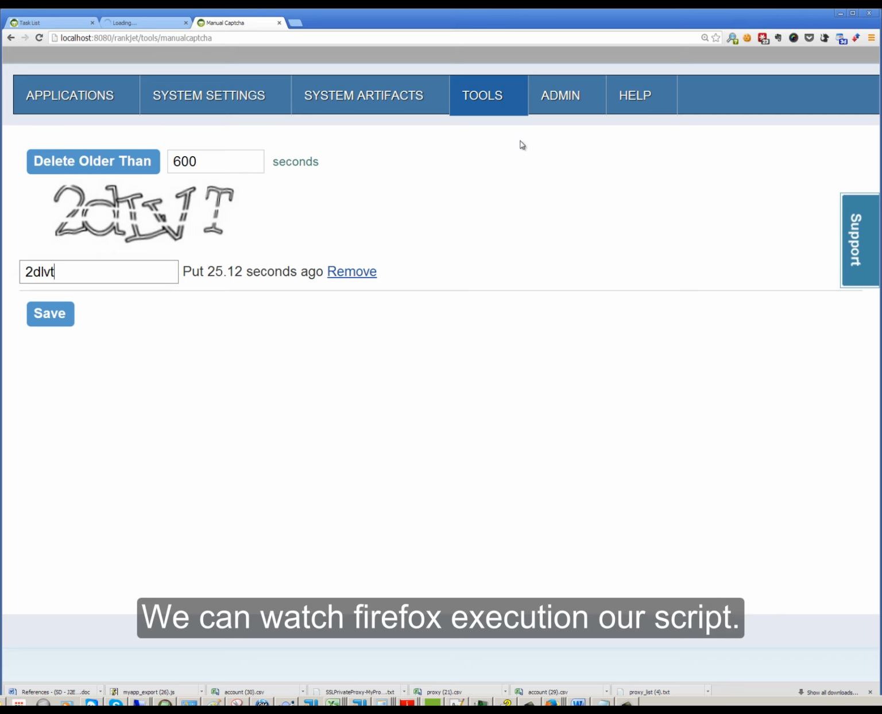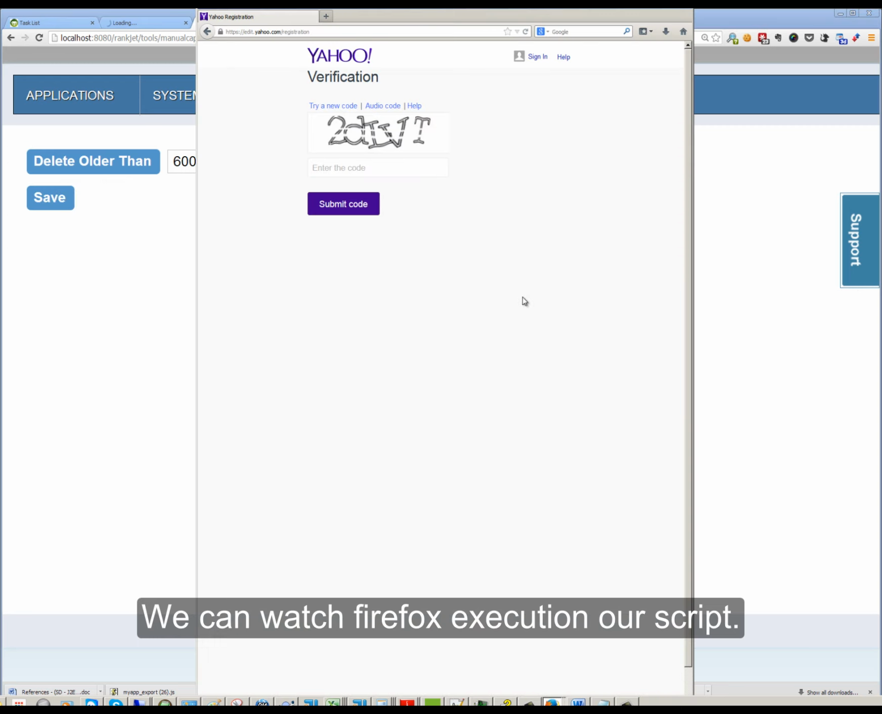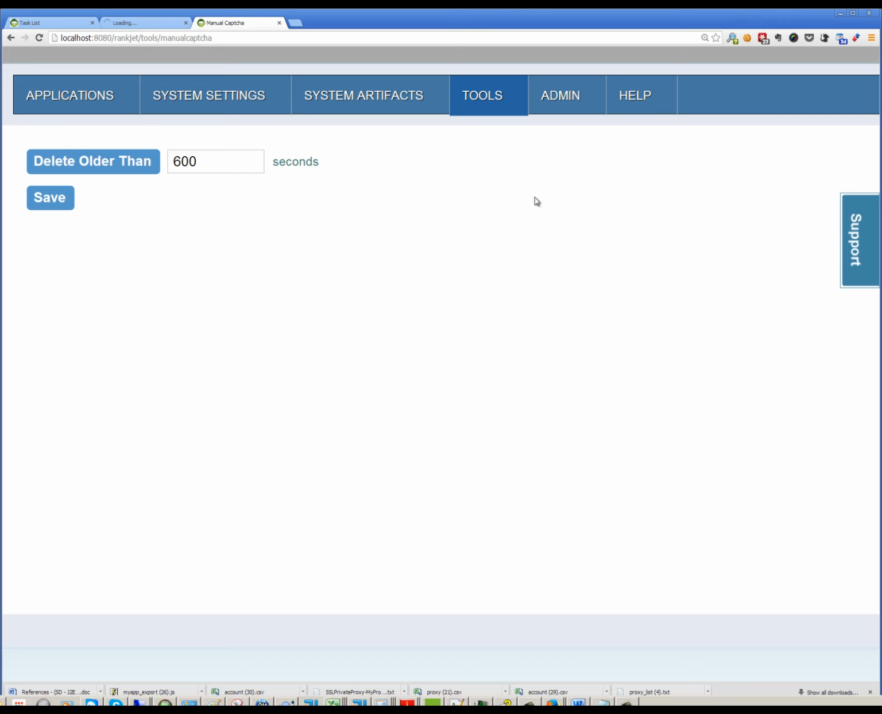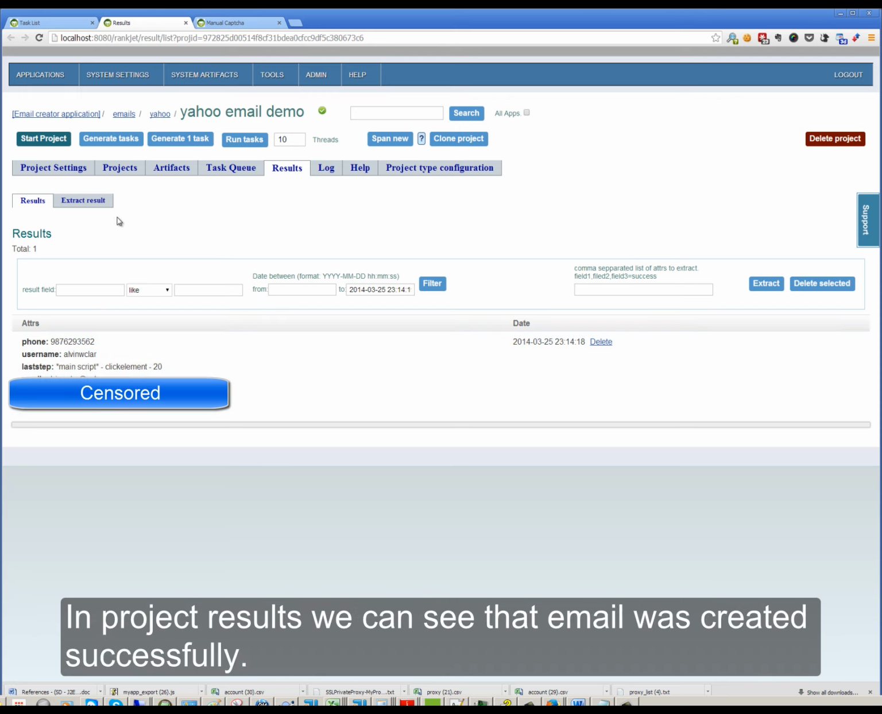2DLVT. Hopefully it's not case sensitive for them. Let's see what they say here. And yes, the account was created successfully and the task completed, and we see the result here because we didn't check success validation, just output it, and it's not failed, so it's good. If we go to the